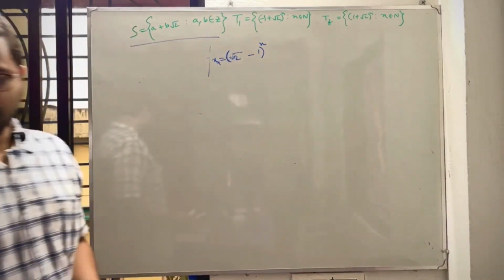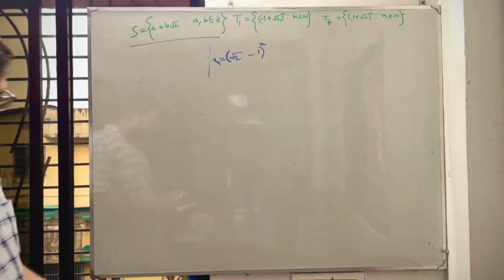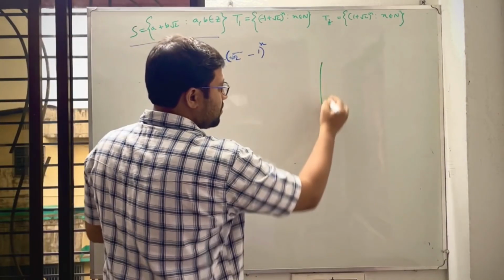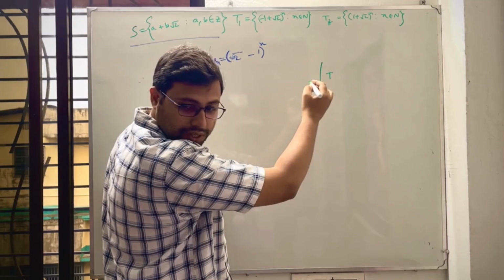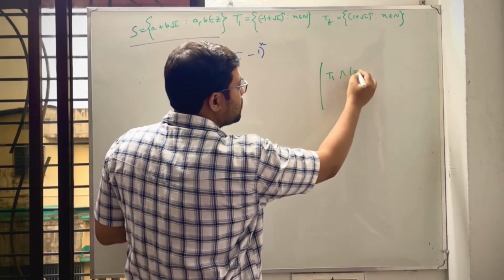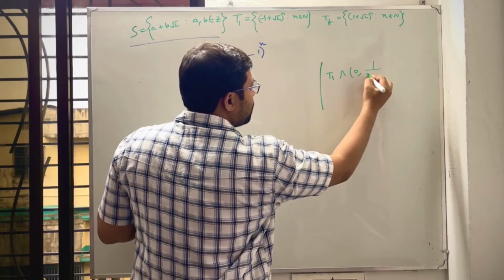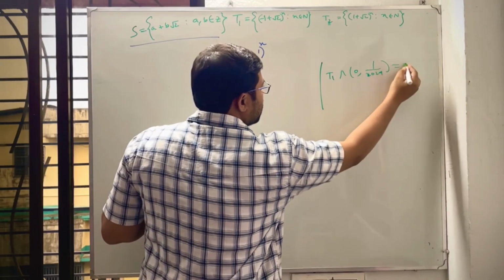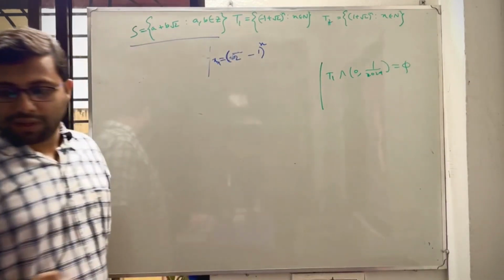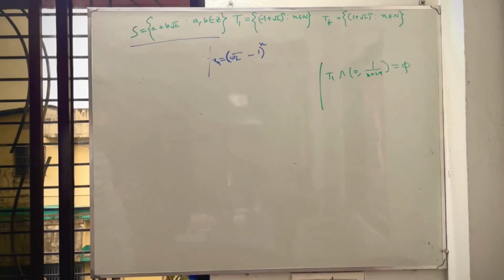To check option B, which is given as T1 intersection (0, 1/2024) equals 5. This is option B. Now look,